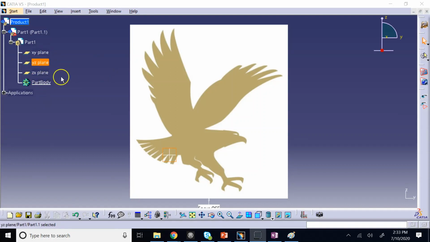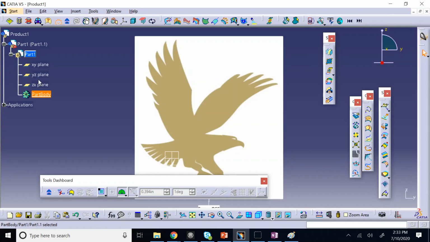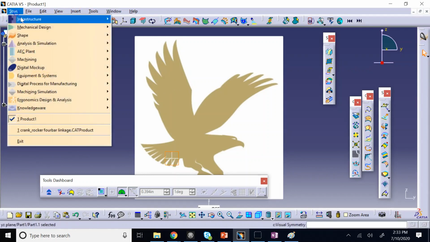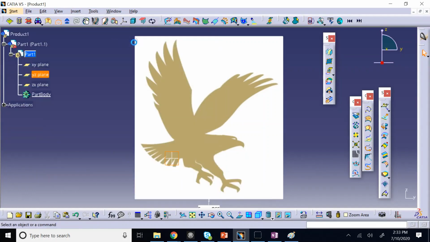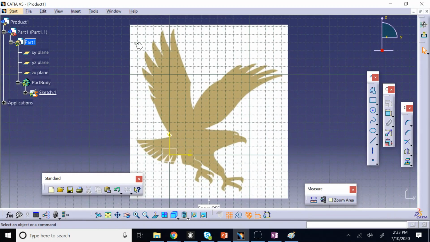Now, again, you're not going to select any of these planes and go to Sketcher. What you do, you double click on this part body so that your environment is changed from this workbench to part design, or at least it allows you to modify. So you double click first here, and then if I now choose one of these planes and go to Mechanical Design Sketcher, it should not change